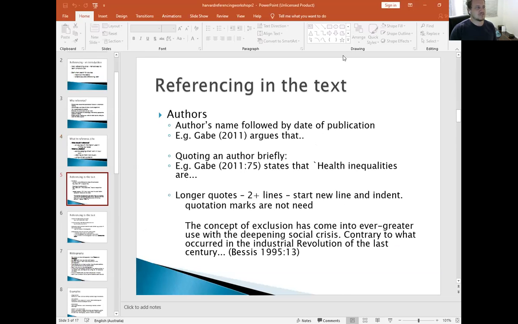So when we reference in text, this is purely for Harvard. Author's name followed by the date of publication. So Gabe, 2011, argues that. It can also go at the end of the paragraph where you've used that information.